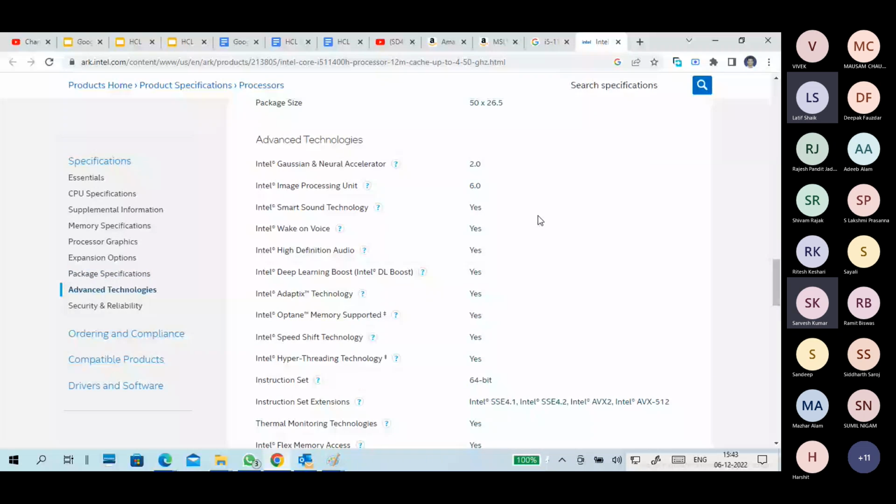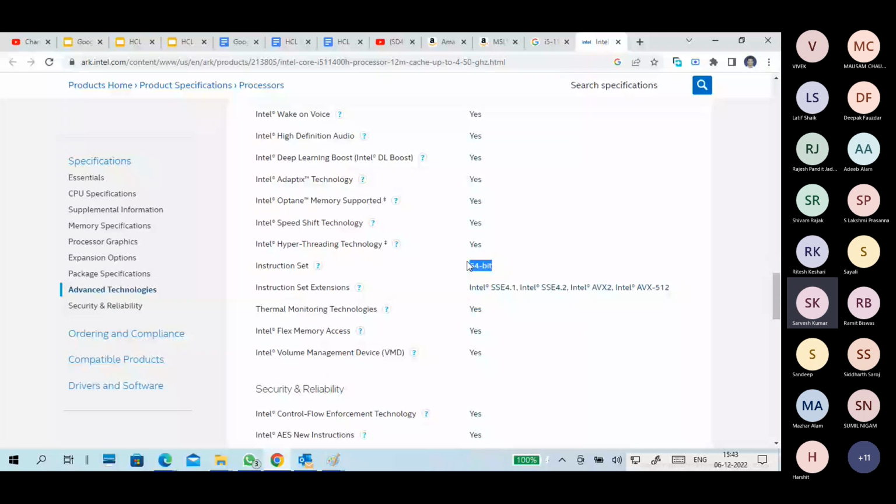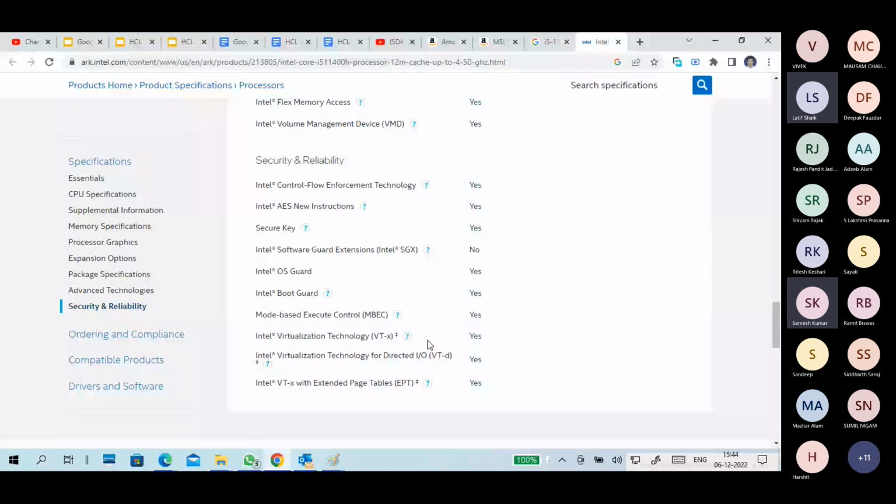Okay, so what are the features, advanced technology features? Deep Learning Boost, High Definition Audio, Wake on Voice. So many facilities are also there. And it is a 64-bit PC, and these are the instructions inside. Instruction set is 64. And virtualization technology, I said, you have to buy a laptop with virtualization technology, yes. Okay, so these are